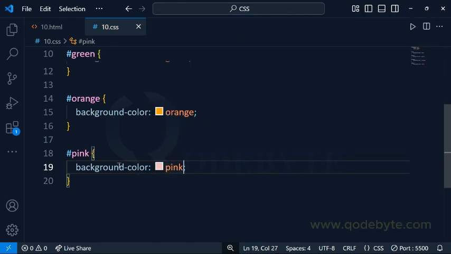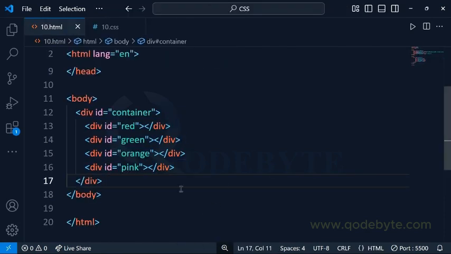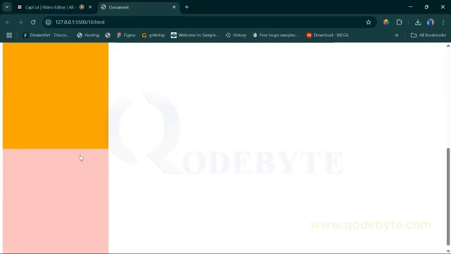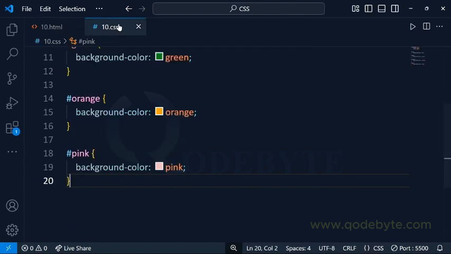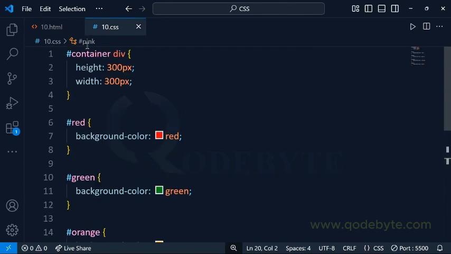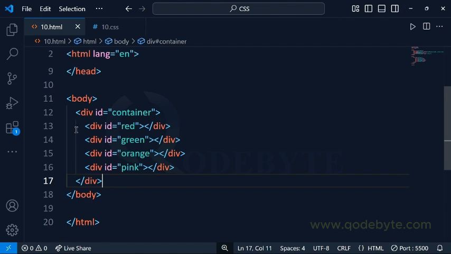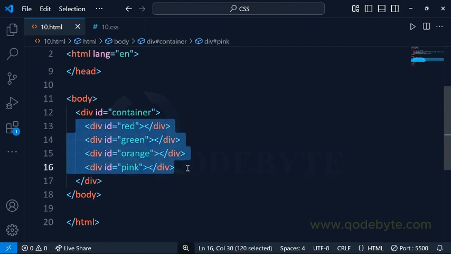So for the most part here, let's save this and see what this looks like. I've opened this in my live server and this should look like this exactly. We just have these four elements. Now they are stacking on top of each other, but like I said, we can use the flexbox to change the way these elements are arranged or how they are laid out. Since we want to affect these children elements or these items,